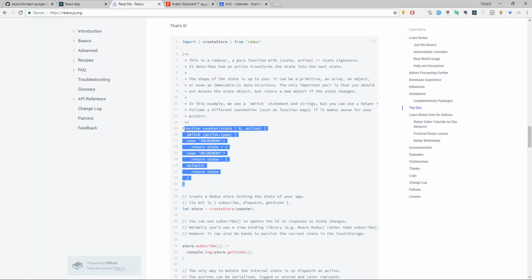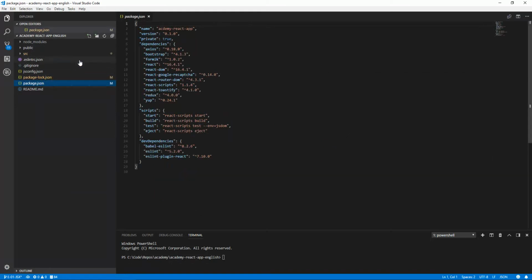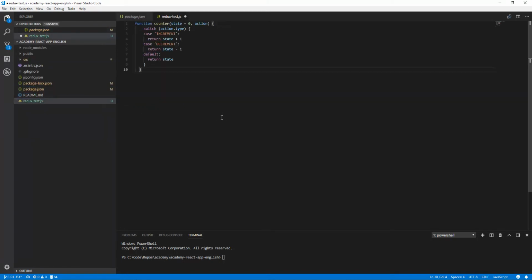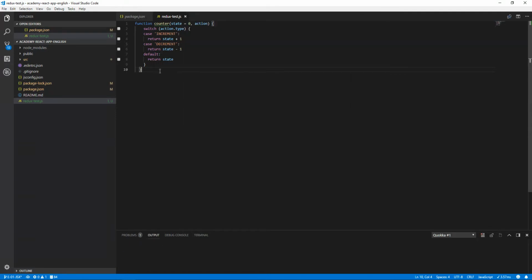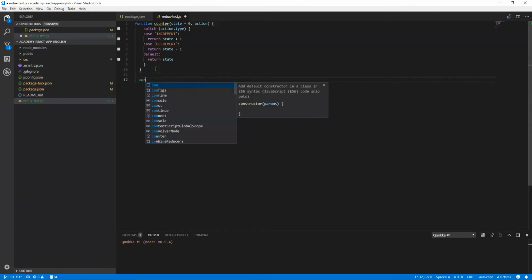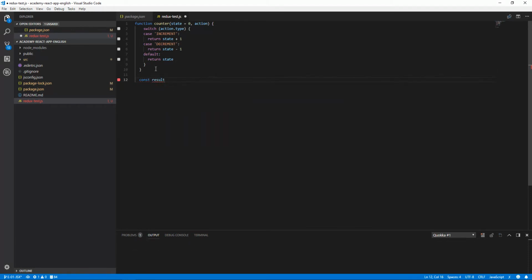But actually this function, let us try it. We could just add a file here called redux test.js. And we could fire up Quokka, start on current file. We could say const result equal counter, and 0, and the action is